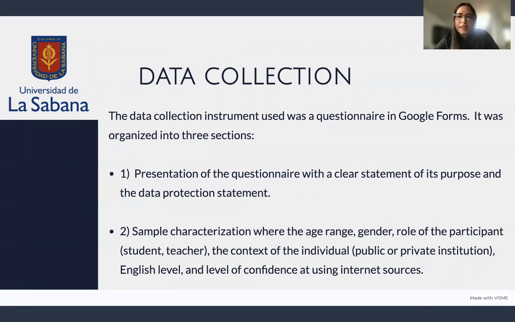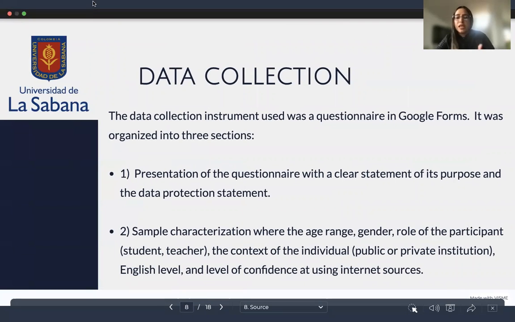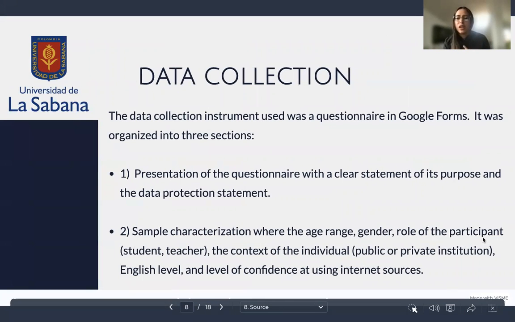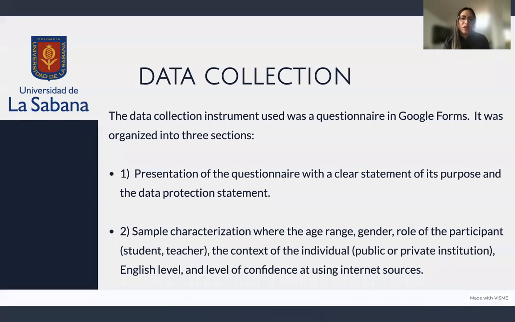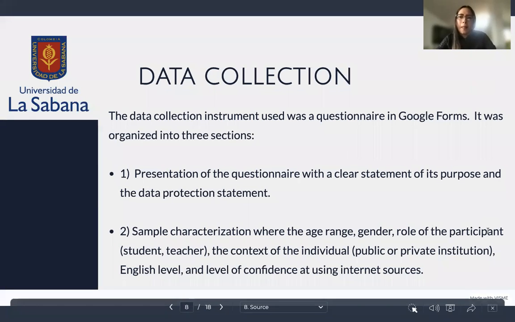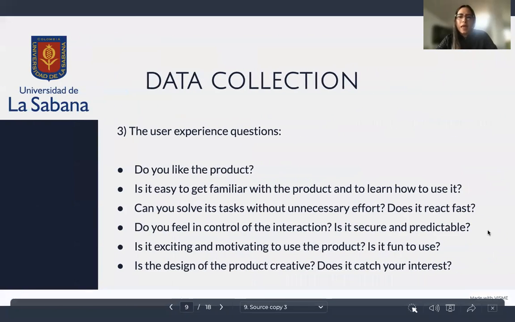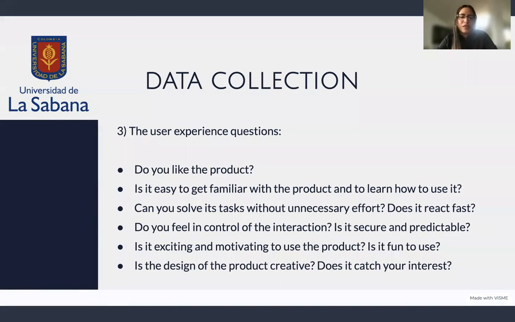And then in this research paper, we would like to talk about the data collection. During this data collection, the most important instrument was a Google form. It was organized into 3 sections. The first one was the presentation of the questionnaire. And then the second one was the sample characterization with specific items like the age range, gender, role of participants, students, teachers, and all about the context. Next one. And then the third section was the user experience questions, in which we asked the students about the